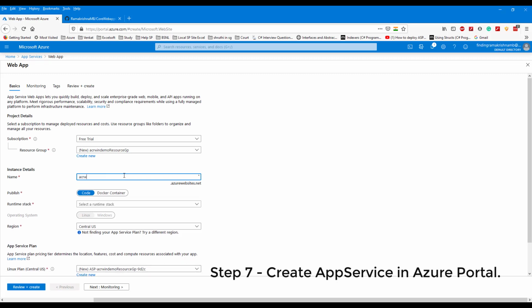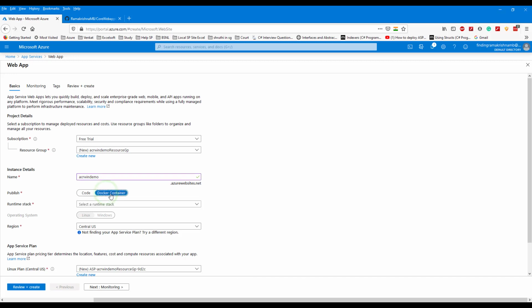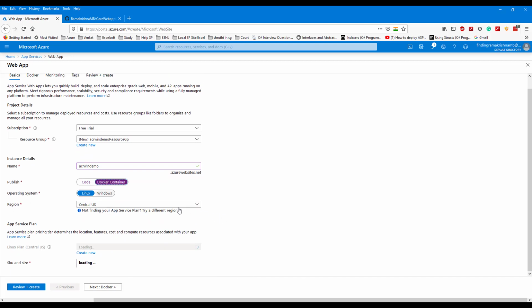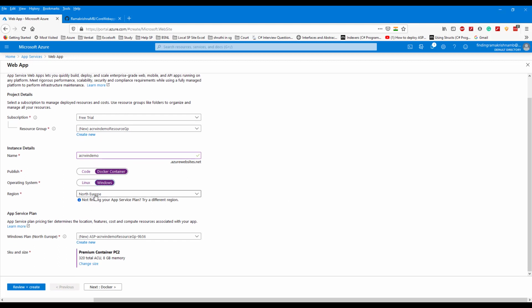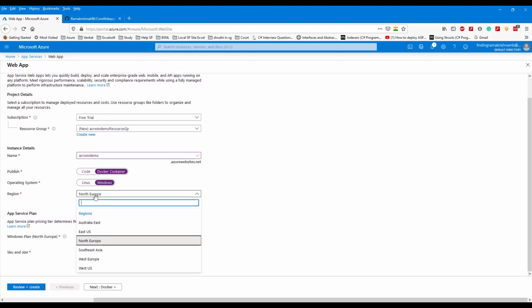Azure Container Resource Windows Demo. So we got the right tick mark here. Select container. So we are using the Windows type container. The region is automatically selected as North Europe. If you see, we have very few regions for the Windows type